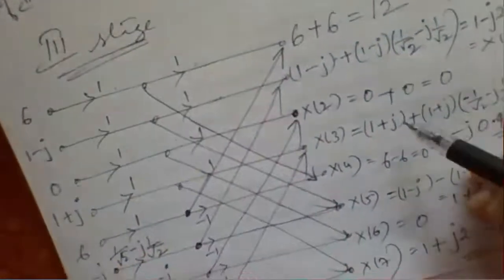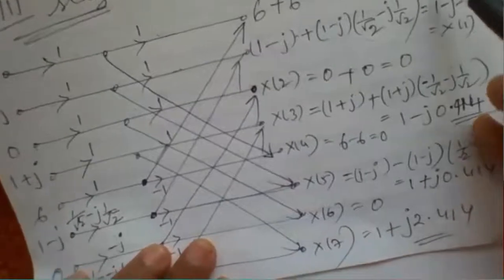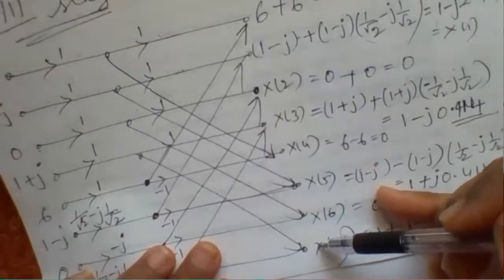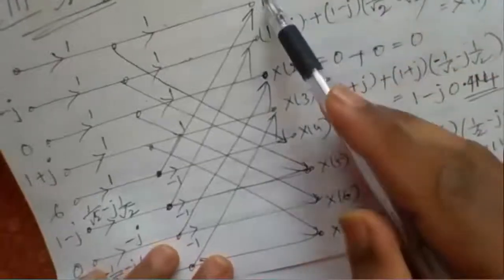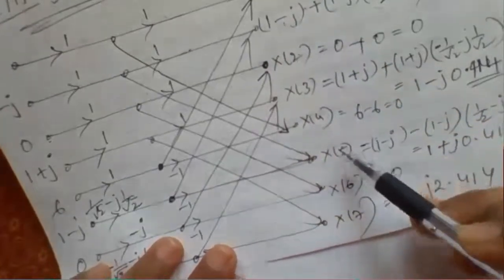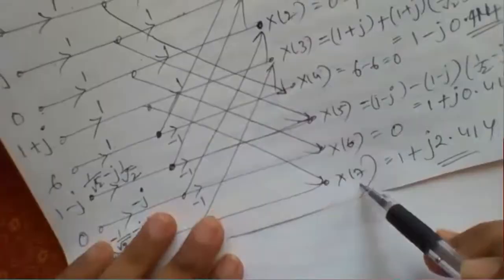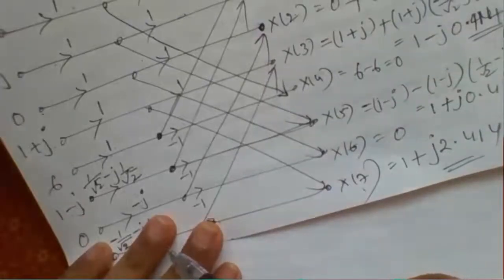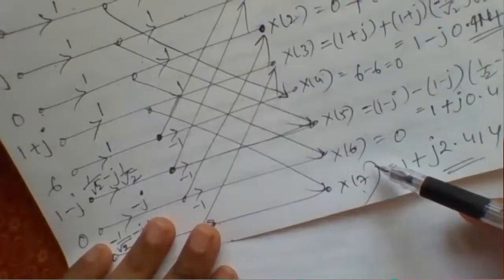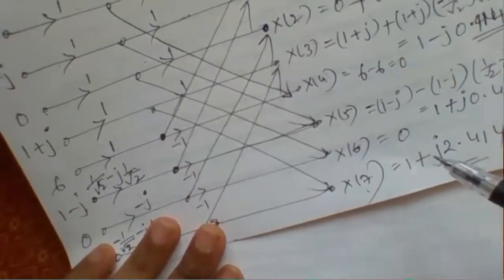So now you should observe that even though input samples are decimated, or they are written in the bit reversed order, finally here in the third stage you are getting the samples in the same order. That is, first DFT sample generated will be X of 0, next will be X of 1, 2, 3, 4, 5, 6, X of 7. Whereas input was given in the bit reversed order, output is available in the normal or regular order. So this is the feature in the DIT calculation.